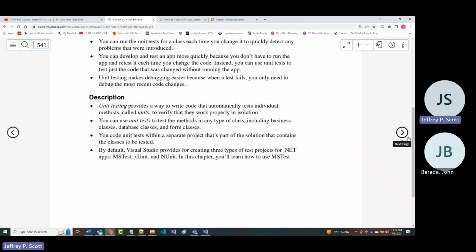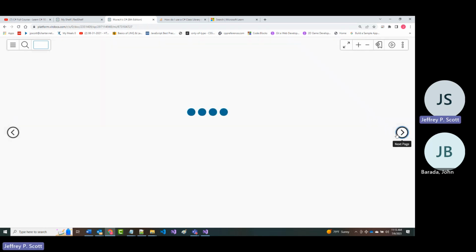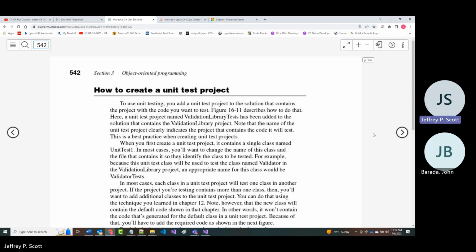All right. By default, Visual Studio provides for creating three types of tests for projects: MSTest, xUnit, and NUnit, and they use MSTest in the example here. So they show you how to go in and create a unit test project rather than doing this, because I think I should go back and look at it first so you don't see me flounder my way through here. We will pick it up here. So on Monday, what I will be responsible for is going back and fixing the thing with the class library and doing this with you.